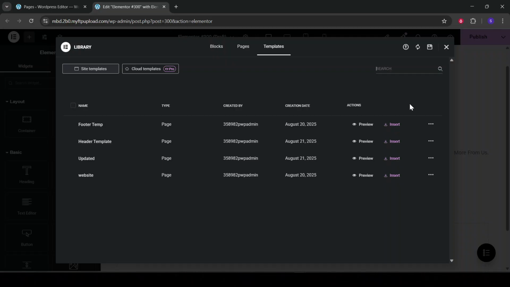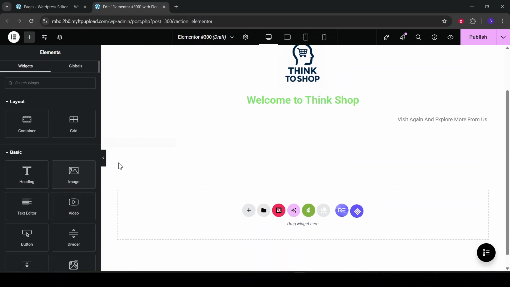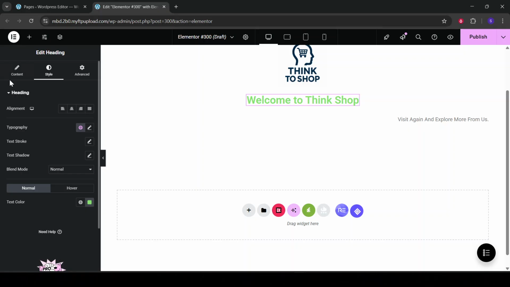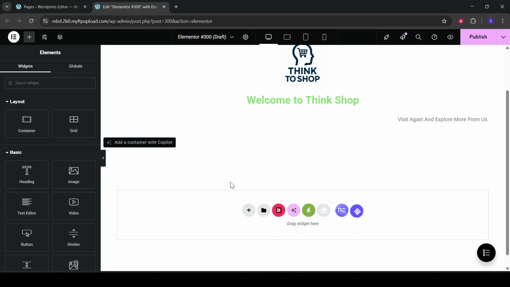Now that the template is in place, you can edit various elements such as text, images, and colors. Simply click on the part you want to edit, and Elementor's intuitive panel will allow you to make adjustments with ease. Remember, you can always undo changes if you don't like them, so feel free to experiment until you achieve